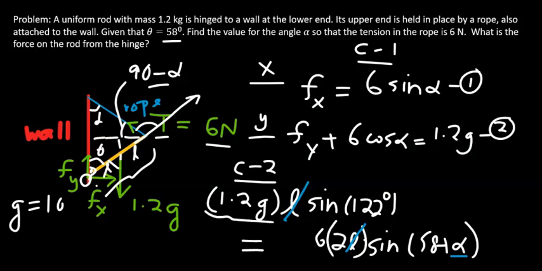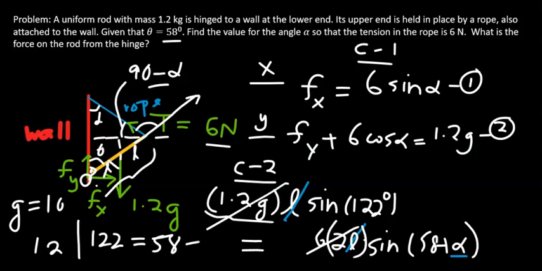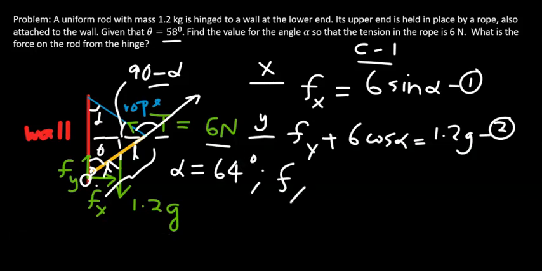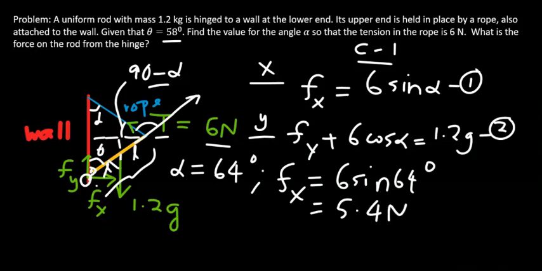So the left-hand side is 12, so that 12 will cancel this 12 right there. And immediately when you compare the 122 degrees to 58 plus alpha, alpha turns out to be 64 degrees. So alpha is 64 degrees. Now we can determine f sub x and f sub y. Fx is 6 times sine 64 degrees, which is 5.4 newtons approximately. And likewise f sub y, from equation 2, using g equals 10, you will get f sub y to be about